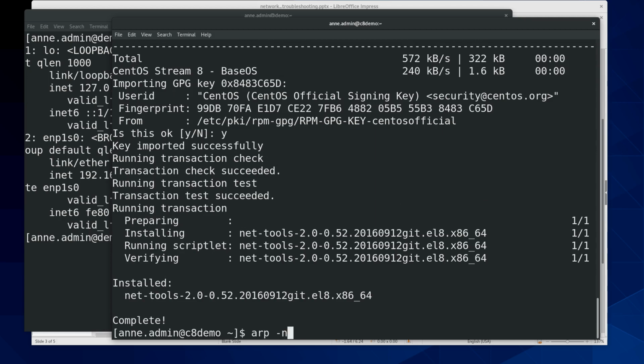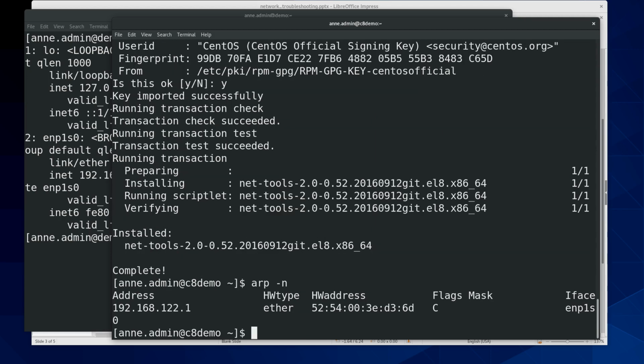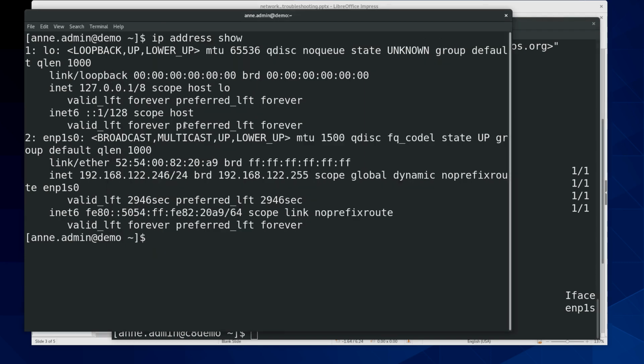And now I can run arp -n and see my address resolution protocol table, letting me know I know about the address 192.168.122.1 across my Ethernet connection. That's its MAC address, and I can reach that using my local interface enp1s0. Once I start reaching out to my other machine over here, which we just looked up and saw that it's at 192.168.122.246,